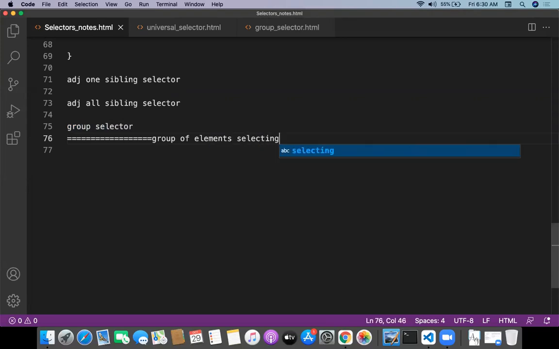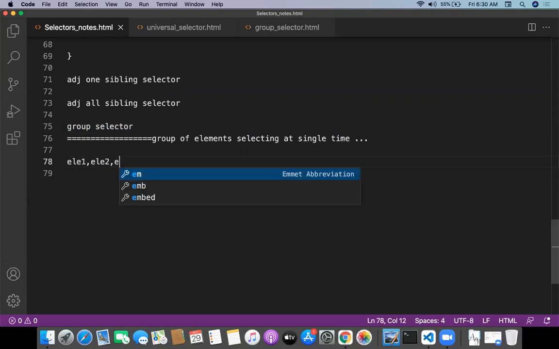Let me write it: element 1 comma element 2 comma element 3, and curly braces open, curly braces close. That is actually called a group selector.